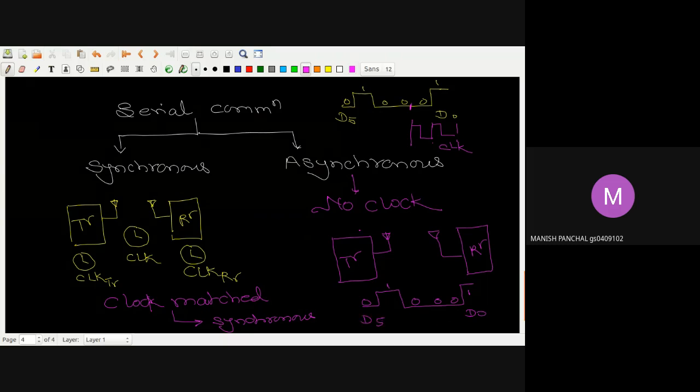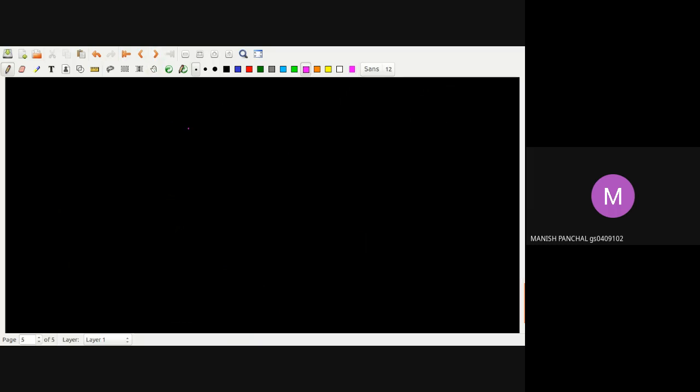Okay, so how will the receiver know that this bit is the D0 bit? Maybe some other information is coming after this, say another set is coming, and in that also the first bit D0 is 1. So how will the receiver guess that this is the starting of the frame? So what they have done in the case of asynchronous communication,